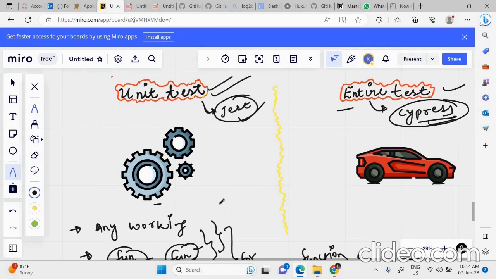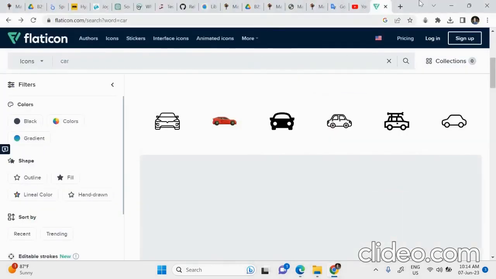Think of a car. Whenever we test a small part of the car, like the engine, brakes, and lots of other parts, that's called a unit test. But when we test the entire car, that's called an entire test. And for a unit test, we usually use the library Jest, because it is the most popular library. If you search about it, if I go here,